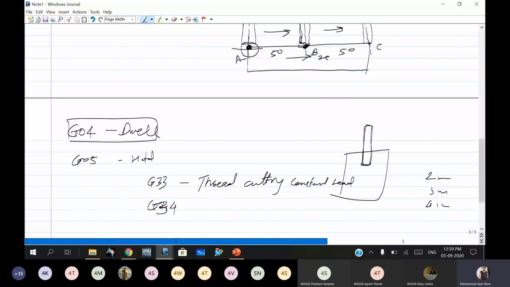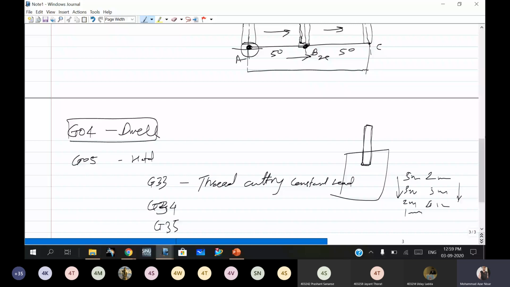Then G35 is again used for thread cutting, but suppose first 5 mm, then 3 mm, then 2 mm, then 1 mm. This goes on in G35. Then another type of codes are the home positioning codes.